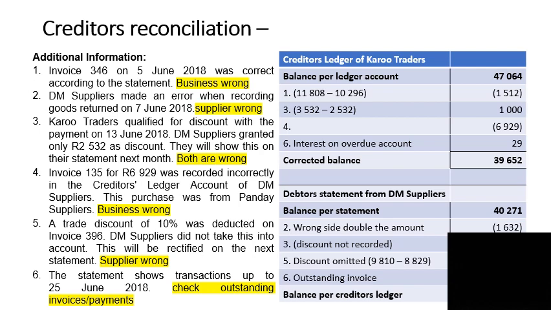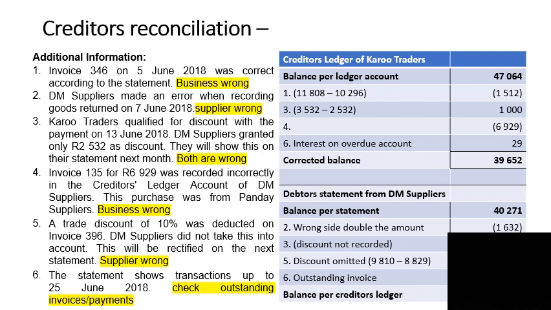Now we are told that the supplier granted us only 2,532 instead of the 3,532 that we have given ourselves. We can conclude therefore that we are both wrong. The supplier is wrong in that he did not record the discount. We are wrong in that we recorded too much discount, 3,532 instead of the approved 2,532. Since both are wrong, we are going to record transaction 3 in the creditors ledger and in the creditors reconciliation